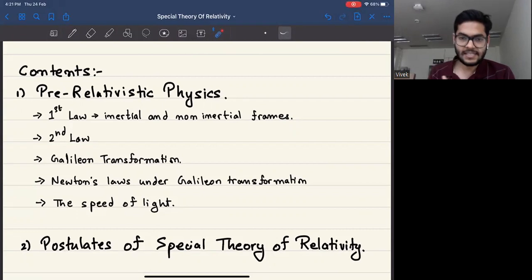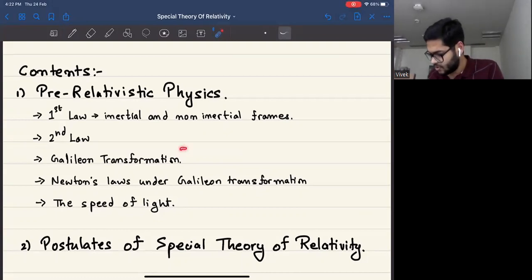Galilean transformation tells us how, if we measure velocity in some frame of reference, for example, if we are standing on the ground and we measure the velocity of a particle, then Galilean transformation tells us what would be the velocity of that particle when viewed in a different frame of reference. For example, what will be its velocity when viewed from a bus, which is itself traveling with some speed of 20 kilometers per hour. So this is what is told to us by Galilean transformation.